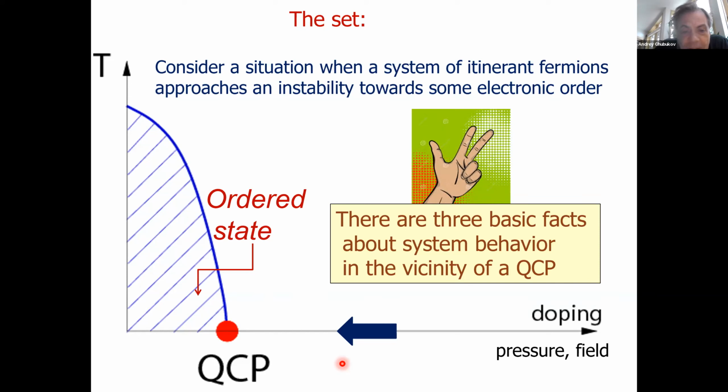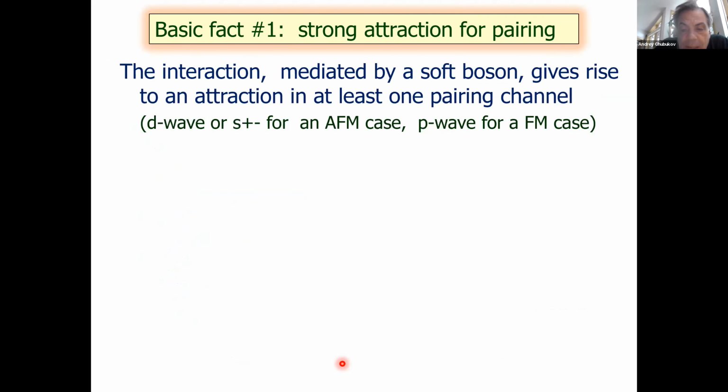And there are three basic facts that are pretty well known about this. On one hand, it's supposed to be the best case for pairing. Namely, we can always find a soft boson that condenses at the critical point and play the now-standard game by replacing the phonon by this boson and ask whether you have attraction in some pairing channel. And the answer is that in all cases that we know about, there is at least one pairing channel where we have attraction. The best-known case, of course, is d-wave superconductivity due to antiferromagnetic fluctuations,